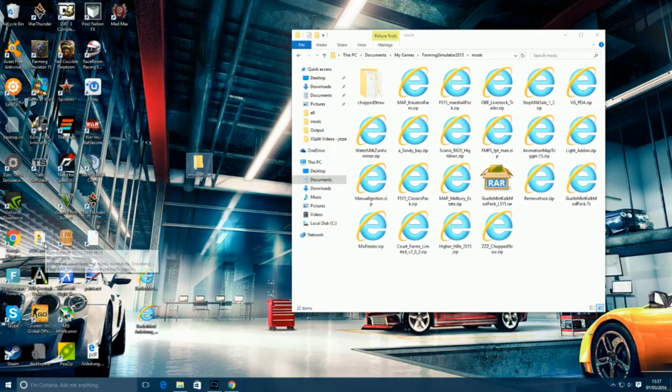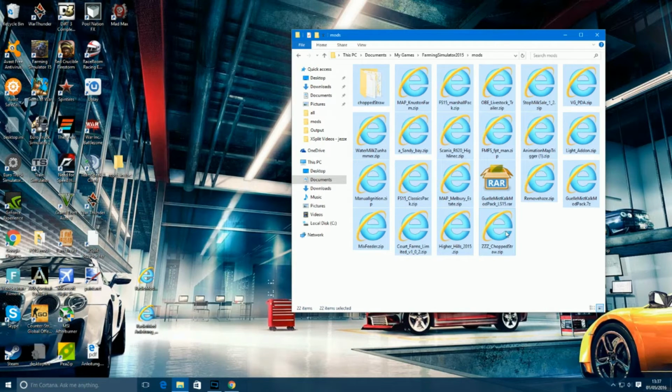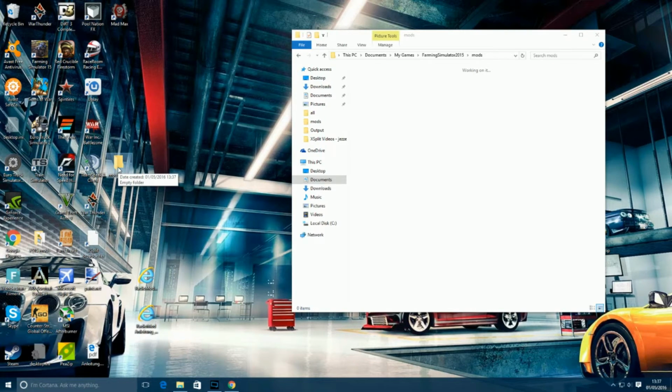I have the FS15 mods folder in a copy there with all the different mods I use for all the different things I do. So on your desktop you've got that. Now if you click singular and highlight the first box, hold down Shift and click the furthest away one, it will select all your mods in one go. So you then click and hold the left button on your mouse, drag and drop into your folder, and then lovely,